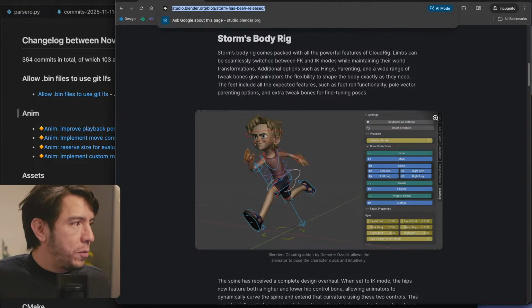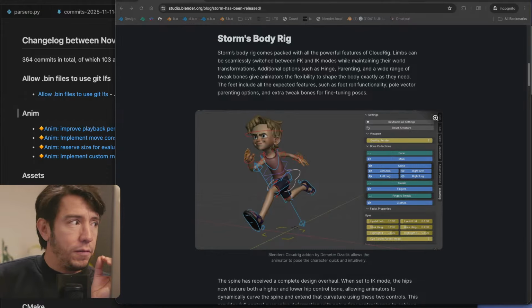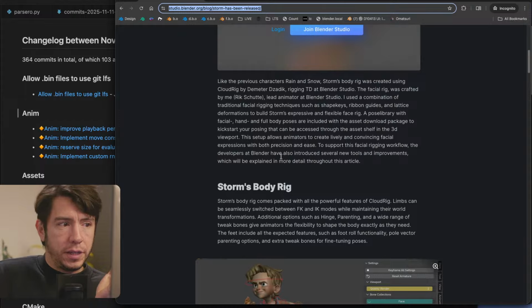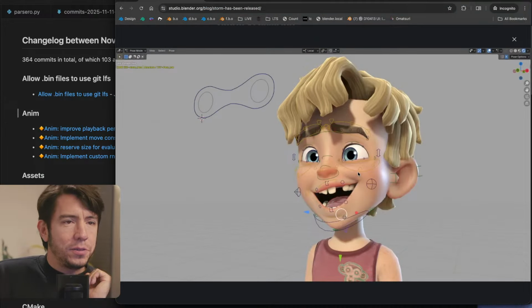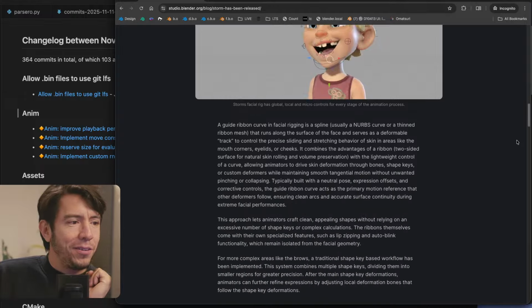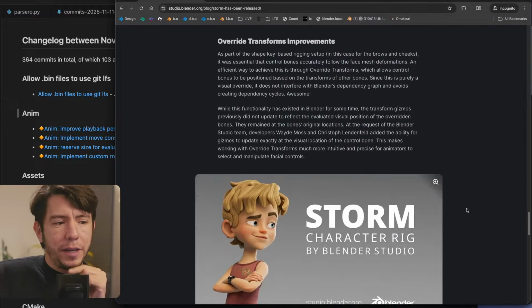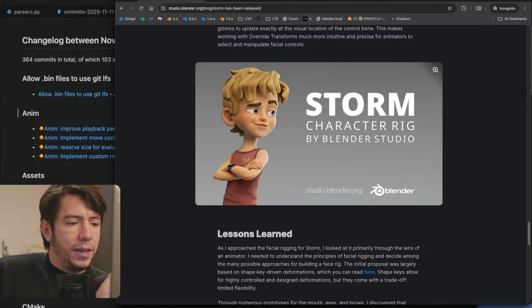I'm going to share this with you because even if you don't have a paid subscription to the Blender Studio, you can still read the content. You can see the description, the definition. You can access these awesome images. You can read the whole thing, just the pipeline. What you need a paid subscription for is to actually download the actual file.